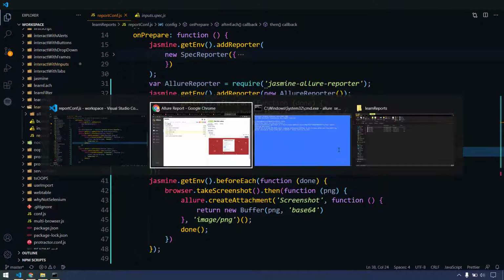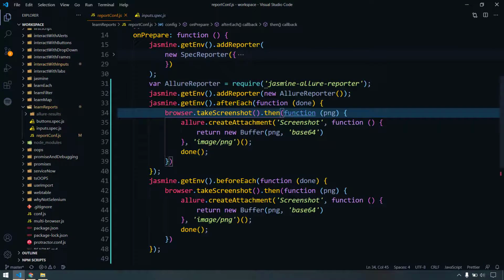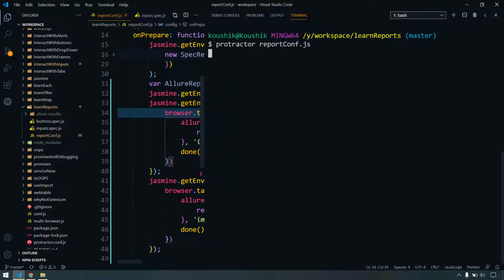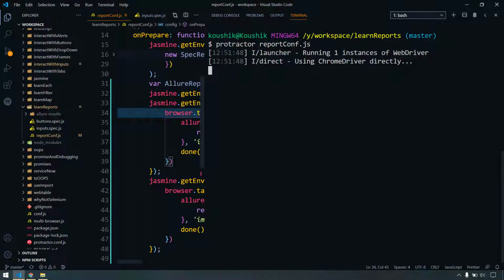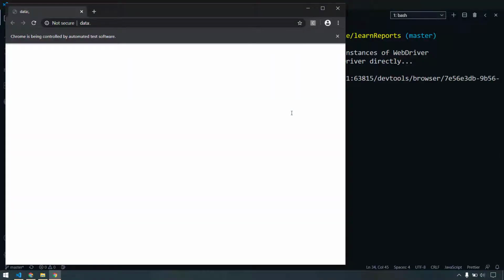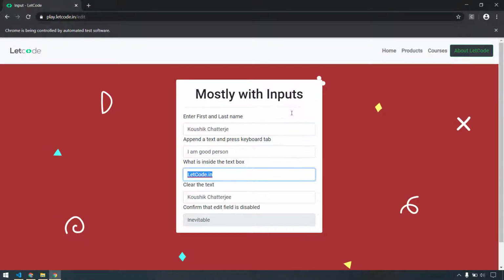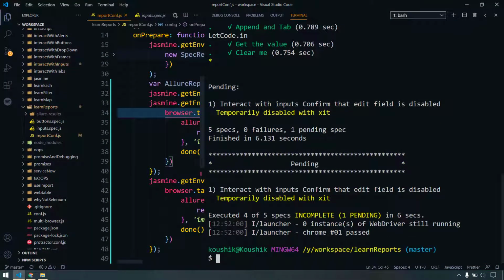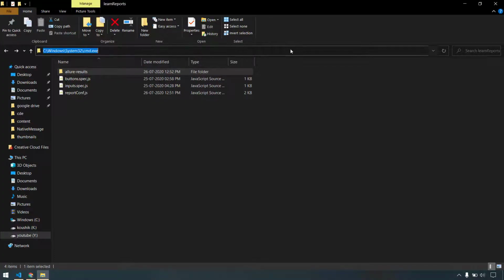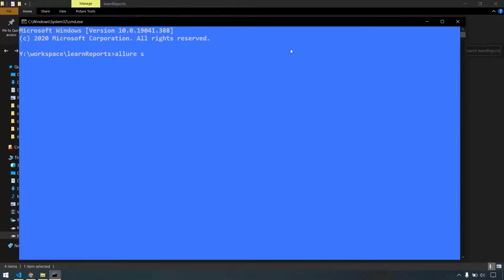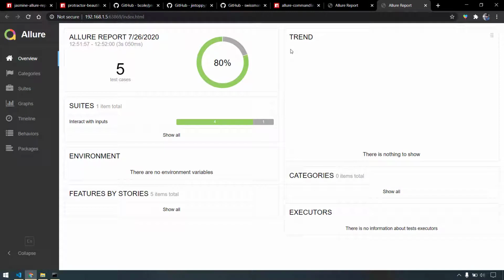So if I go back, just let me kill this first, and if I go back to my terminal and execute the script again, okay, now again we have to go back to this particular folder and let me open my command prompt and again allure serve. Now you might ask me, Kaushik, do I have to do this allure serve each and every time? Not necessary. We can use the node. Once the test script is going to complete, we can trigger this automatically using the node. We'll see that maybe in some another video.